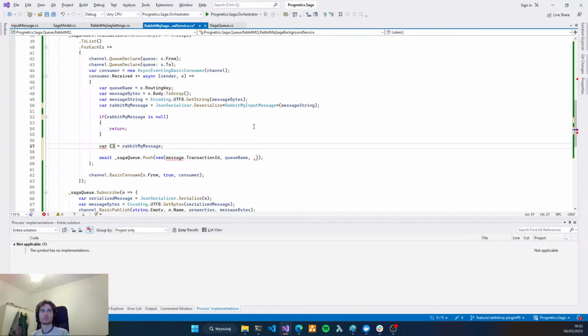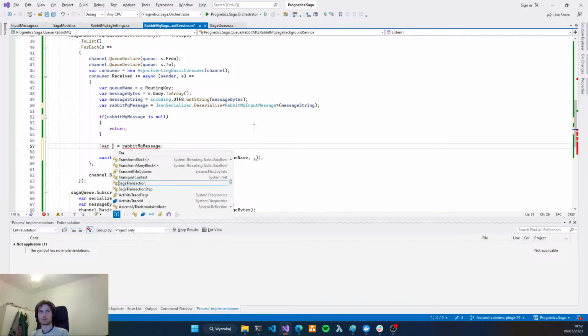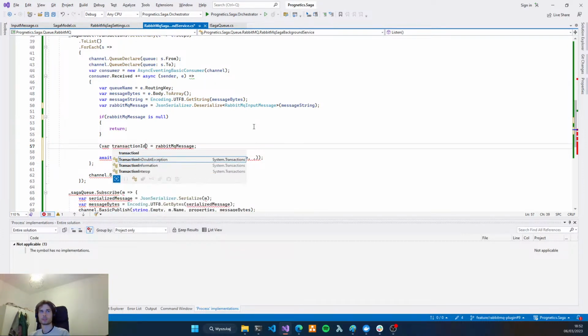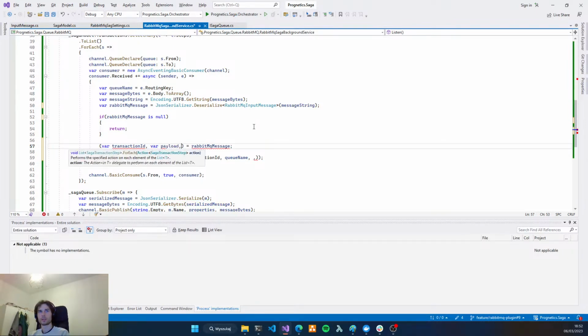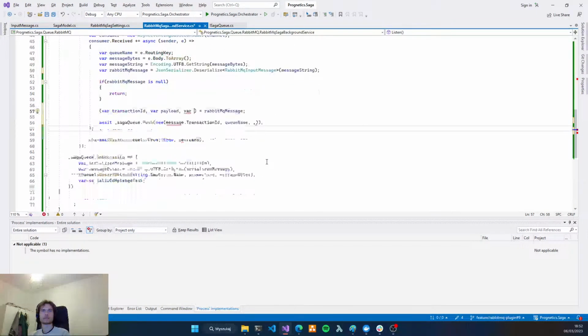So var transaction ID for what we have here, payload and compensation.